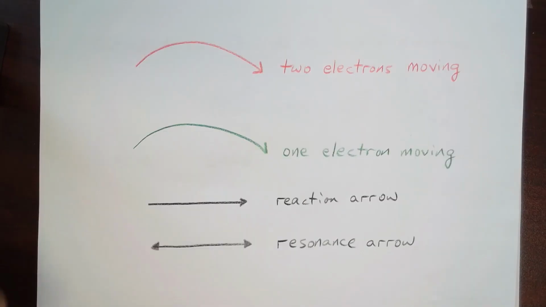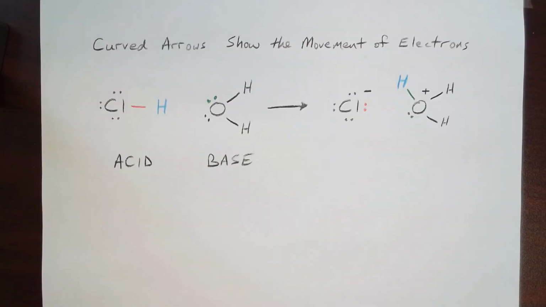A double barbed arrow represents the movement of 2 electrons, and a curved arrow with 1 barb represents the movement of 1 electron. Notice that the reaction arrow and the resonance arrow are straight arrows, and they do not represent the movement of electrons. In this acid-base reaction, we want to show an oxygen-hydrogen bond forming and the chlorine-hydrogen bond